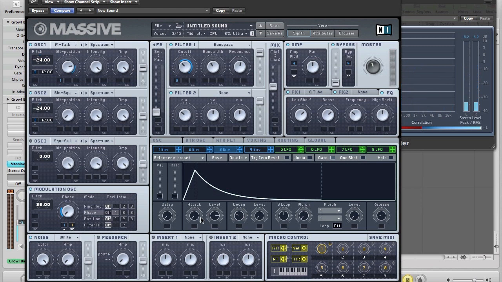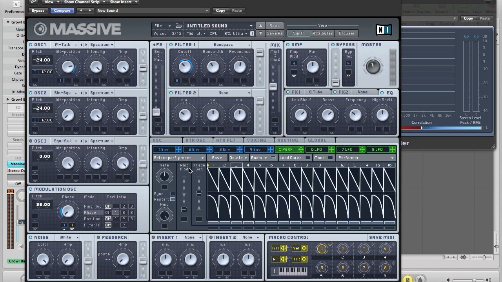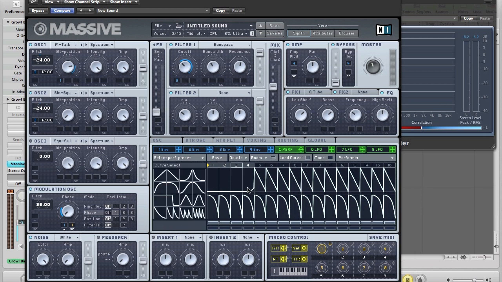Okay, so the last thing to set up here is the performer to modulate the pitch of these oscillators. So go to this first LFO slot here, turn that into a performer, and we just want to be using 4 steps of this performer, and we don't want any modulation for the first 3, and then we want to load in a curve, one of these reversed kind of tight sort of curves here, and